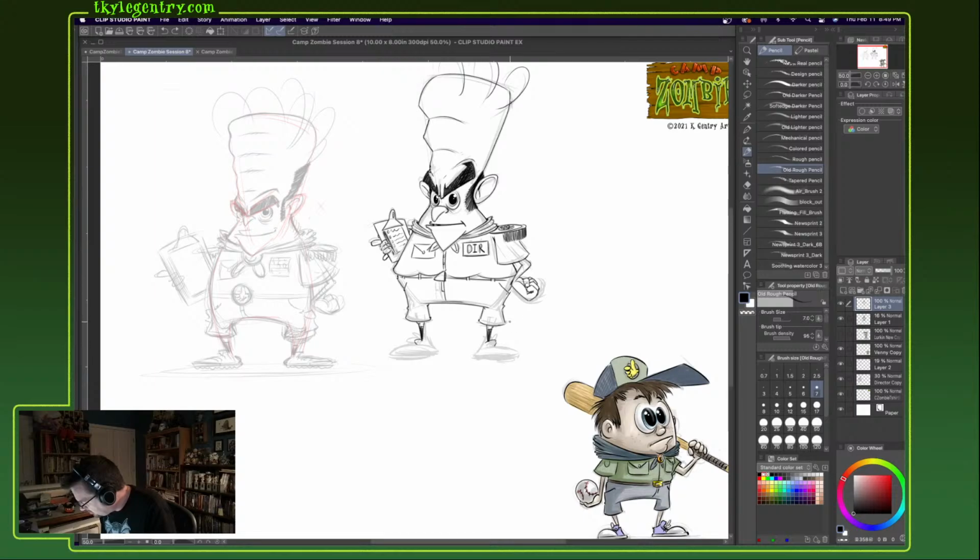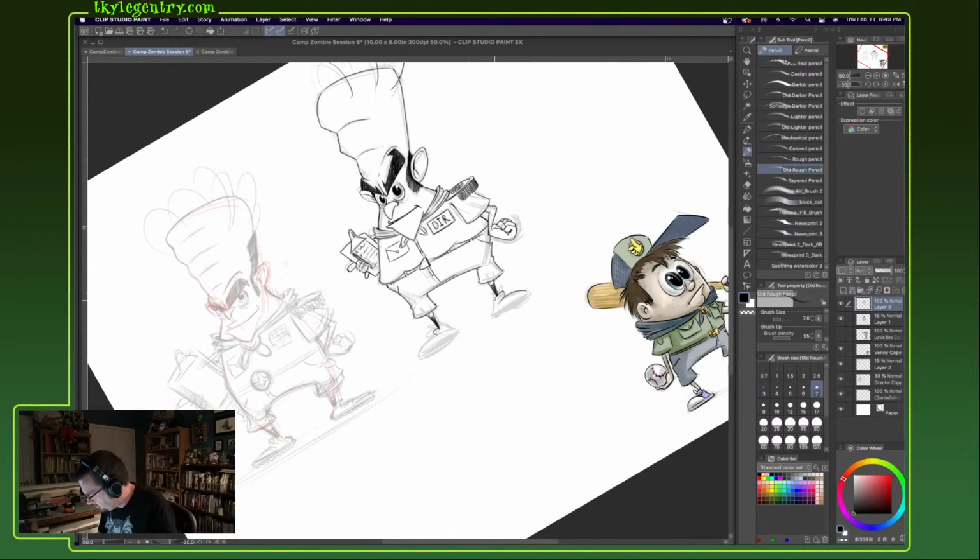I made that a little too big. There we go. I also have to remember to design the angle that's most comfortable to my hand. That's a really great thing about this program, is that you can rotate so easily. Also, maybe he's not wearing tennis shoes. I gave him tennis shoes before, but my dad,